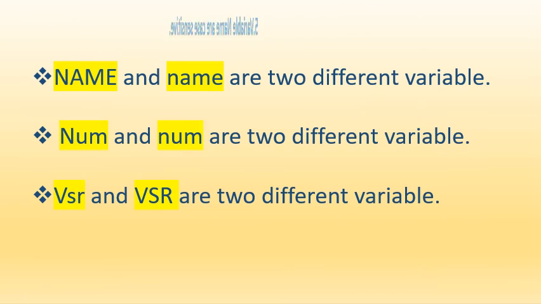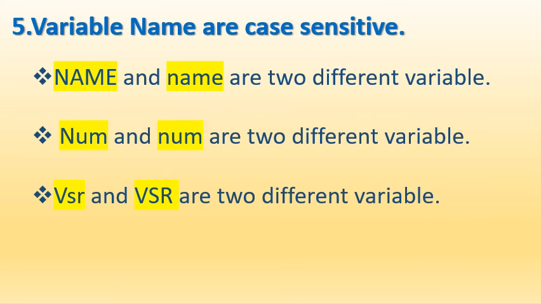Now my fourth example is finished, and this is my fifth and last example: variable names are case sensitive. So this is the easiest one. Your name and name are actually two different variables, because here the name is in uppercase, and here the name is in lowercase. In the second example, the first letter of my num is in uppercase, and here all my letters of num are in lowercase. Still there are two different variables.